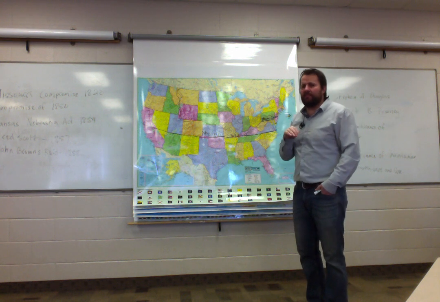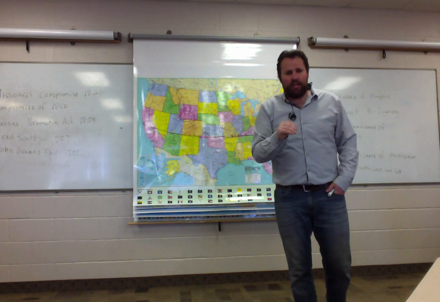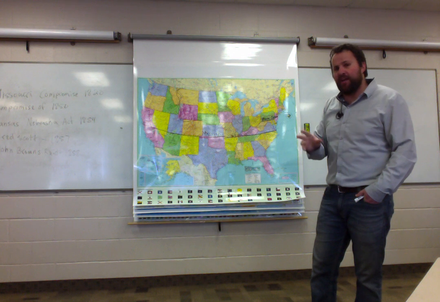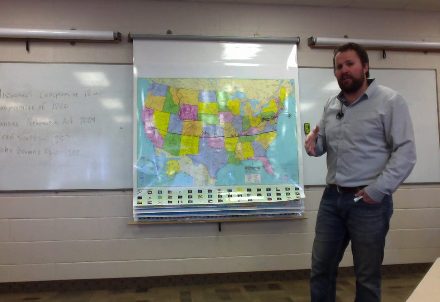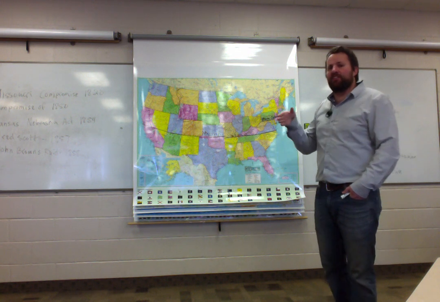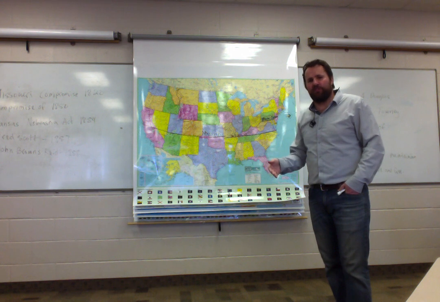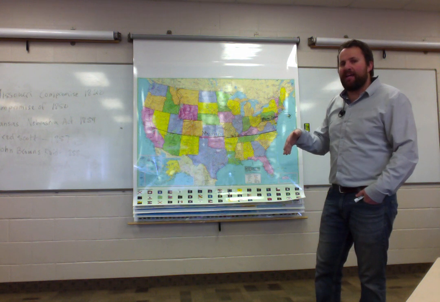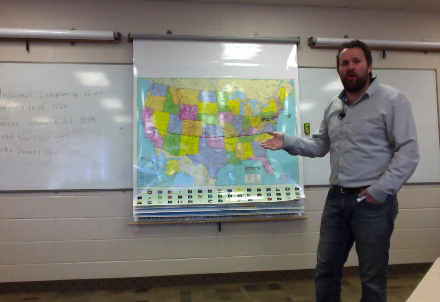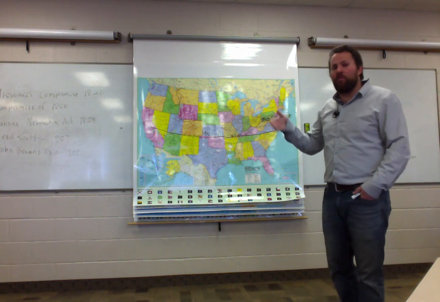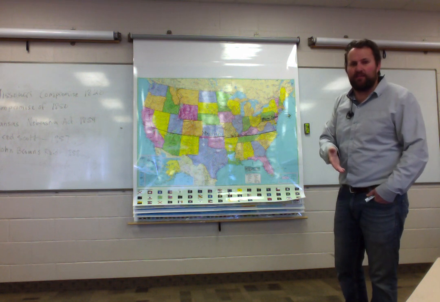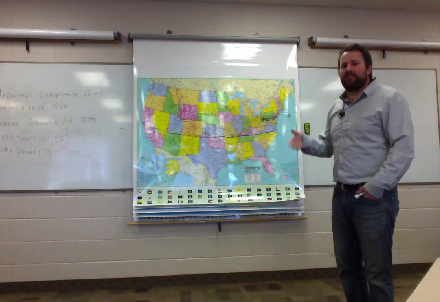So what that means is every single state gets 2 senators, no matter what, no matter their population, no matter their size. That's not the same for the House of Representatives. The House of Representatives gets representatives based on population. So in the Senate, if I have 12 states, I have 24 senators. At the same time, those exact same 12 states could have 54 representatives. And one state could have 3 representatives in the House, and another state could have 15 or 20 or whatever. Okay? Because it's based on population.